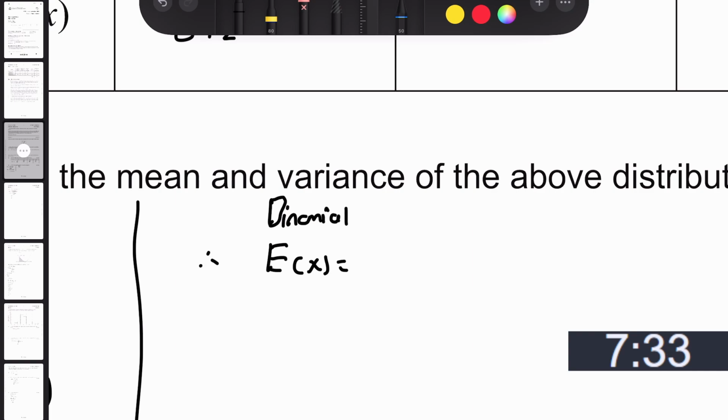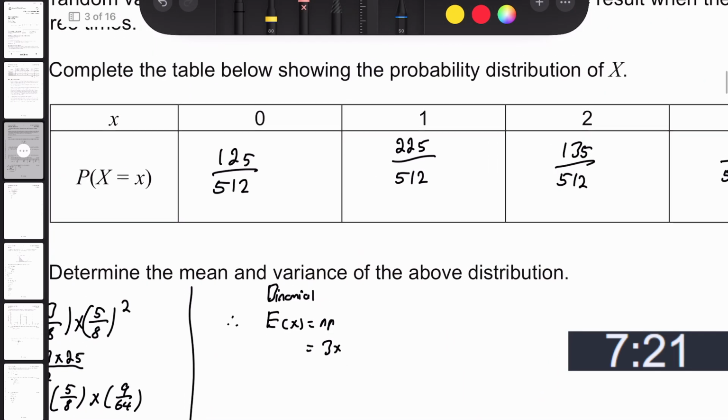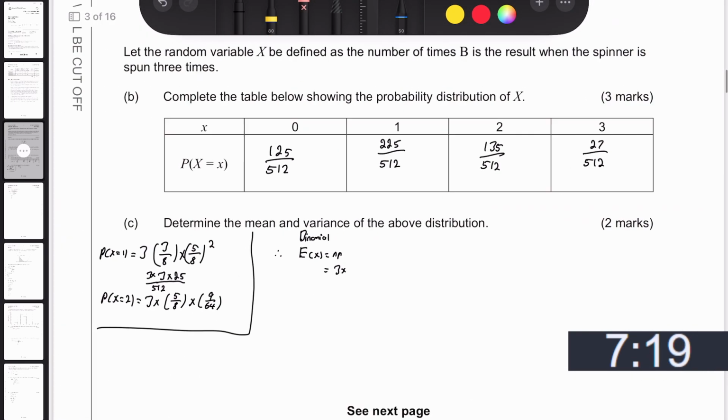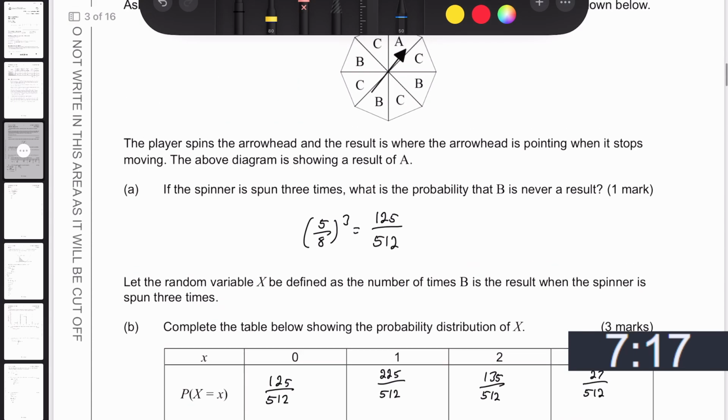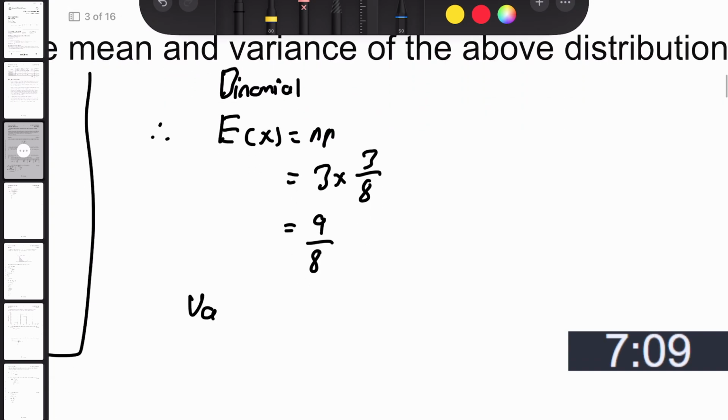Therefore E of x is equal to NP, and n is going to be 3, and my probability of getting a yes is going to be 3 on 8. Yes, 3 on 8, so 9 on 8. Okay, then my variance of x is going to be,